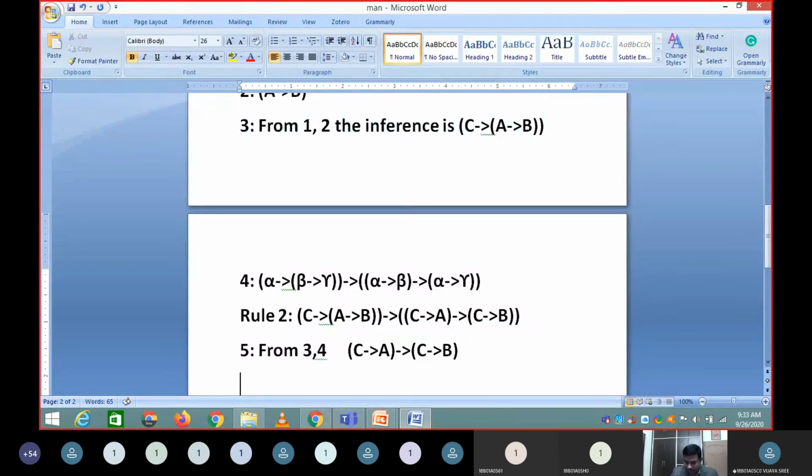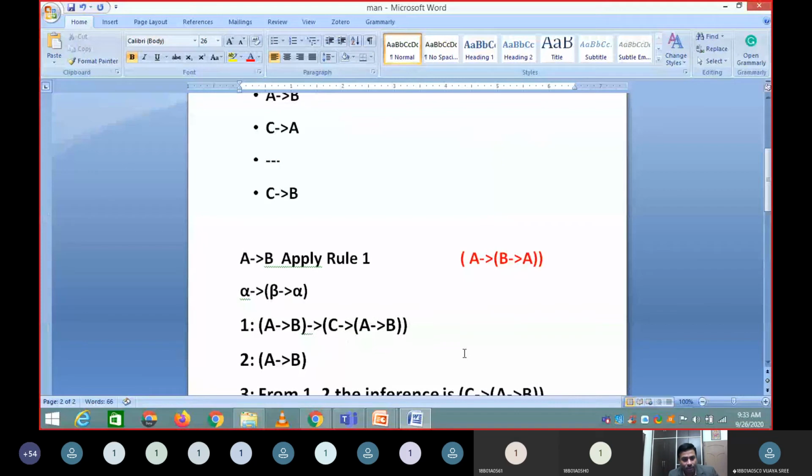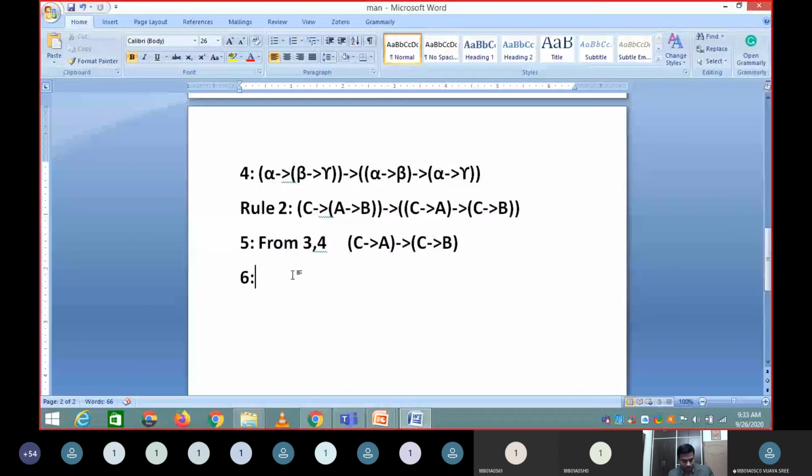But if you see the premises that were given in your example, you have C to A, which was given as a second statement. So I have written C to A here. I have a seventh statement here. From 5 and 6, the outcome is